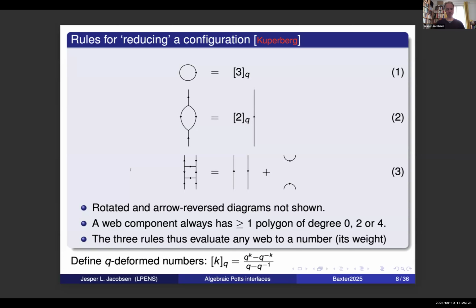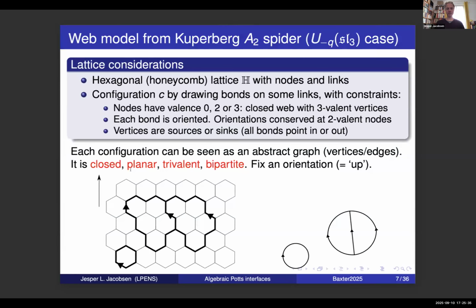So if you think of the fact that at each vertex you need 3 ingoing or 3 outgoing arrows, it means that the cubic graph that you get, represented here schematically to the right of the picture, where you contract any stretch of parallel lines with valence 2 into one single edge in this abstract graph. This graph is going to be a cubic graph, and it's going to be a bipartite cubic graph because there's an alternation of vertices where 3 arrows go in and where 3 arrows go out.